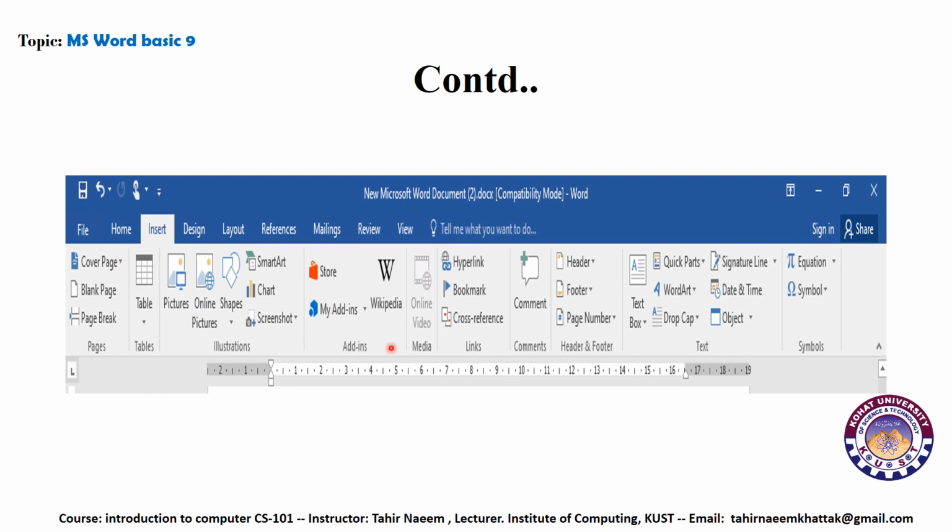So here you can see that in the previous lecture we have covered the pages group, which consists of cover page, blank page and page break. While the table command contains the tables whenever we want to insert a table into our document.